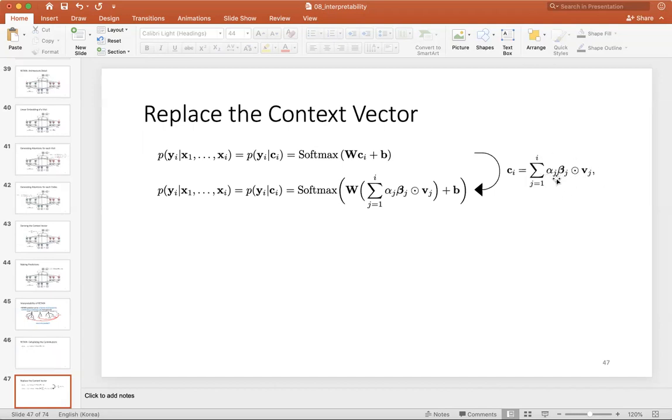This was what we did to derive the context vector: we multiplied everything and summed up across time steps. So C_i now simply becomes this part. Then,